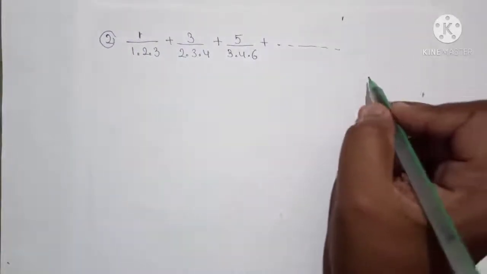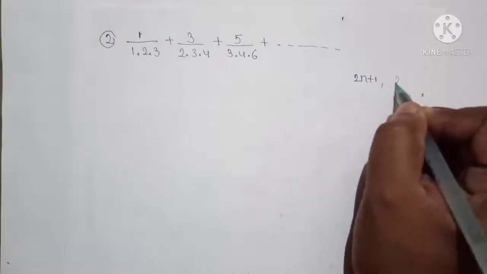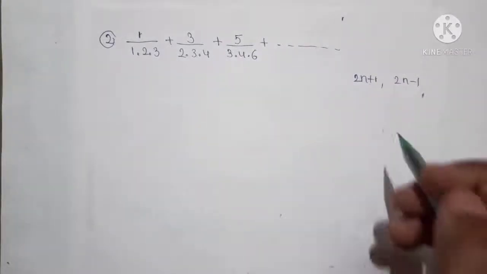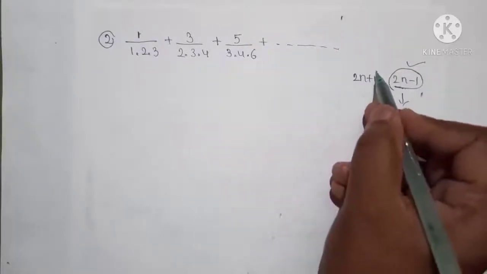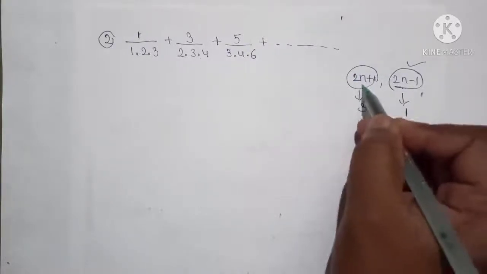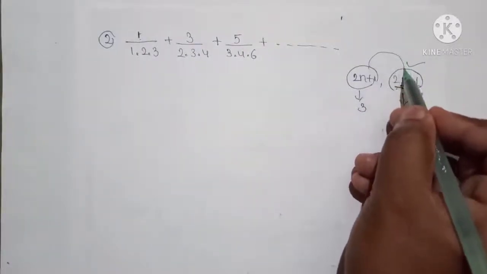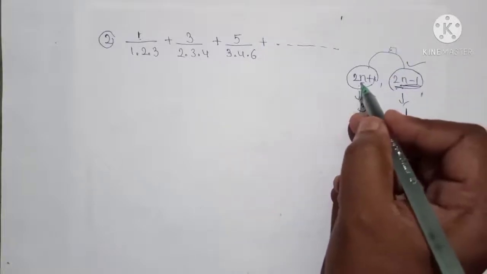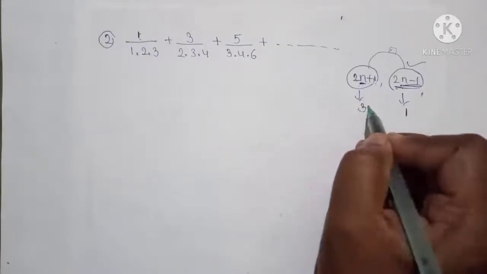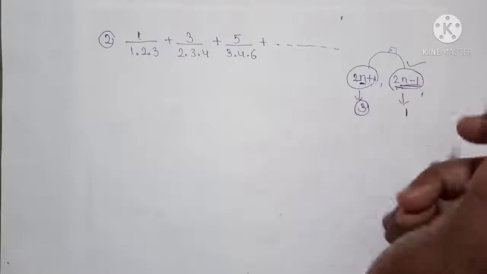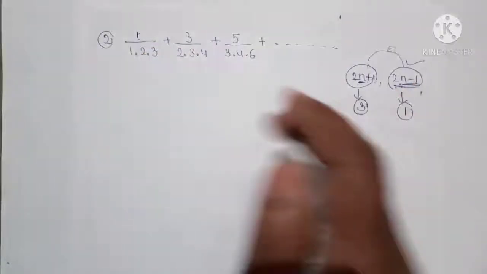So we usually denote odd numbers by 2n plus 1 or 2n minus 1. If our odd numbers start with 1, we use 2n minus 1. If odd numbers start with 3, then we use 2n plus 1. Both are representations for odd terms only. If you substitute n equals 1 here, you will get 2 into 1, 2 plus 1 equals 3. So if you start with 3, you have to use this one. But in our series we have starting number 1, 3, 5, therefore we use 2n minus 1.